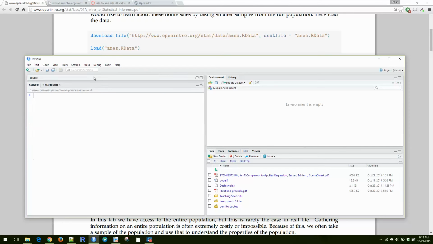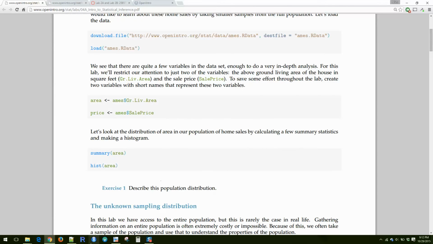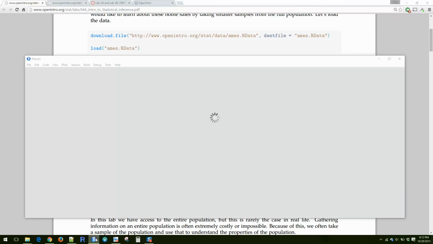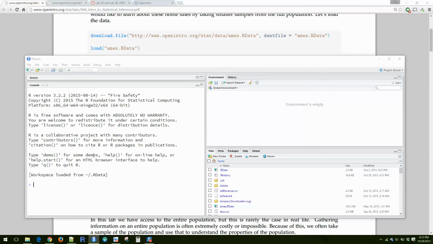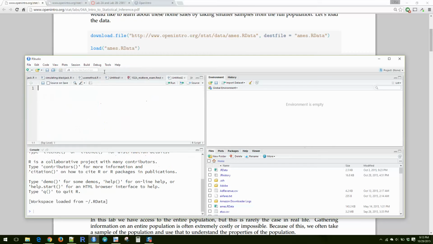I think when you start RStudio, here I'll exit here, and I'm going to fire up RStudio. When you start it up, I think it looks something like this. Okay, and what I recommend is you create a new file, R Script. Okay, and when you create a new script, it opens up this page up here. Okay, and this is where you can type your commands. So in this case, I'm going to write download.file quote http://